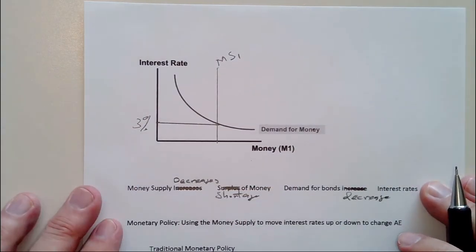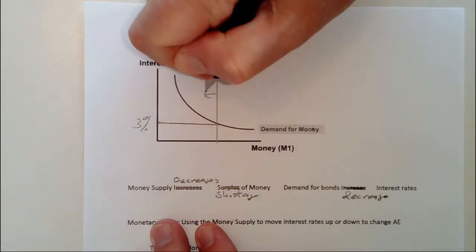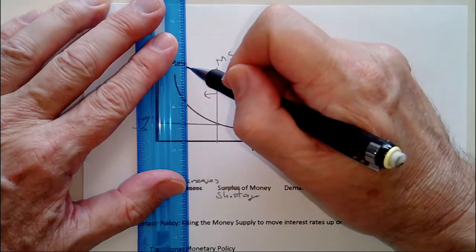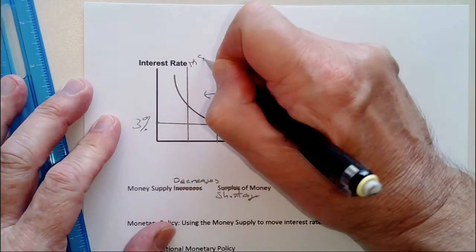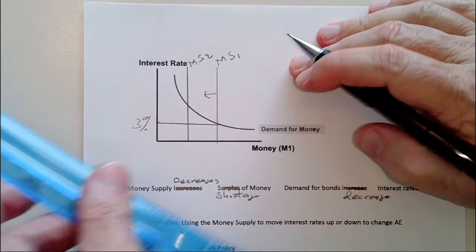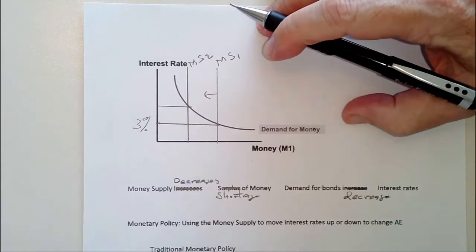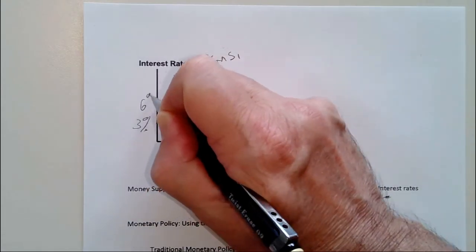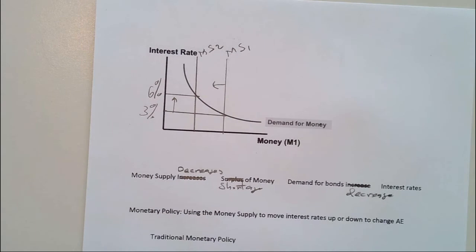Now the Federal Reserve decreases the money supply, and again we'll see how they do that in just a bit. It's going to move supply inward to the left. See there, that'd be money supply 2. And now we'll drive rates up. Maybe 3 to 6%. So decrease the amount of money in the system.